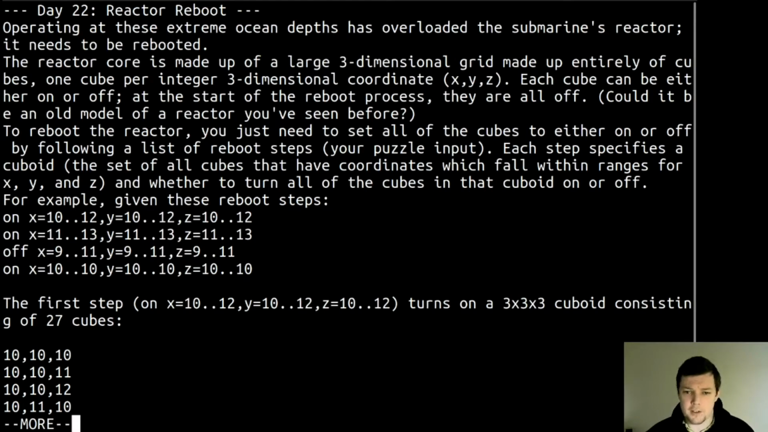To reboot the reactor, you just need to set all of the cubes to either on or off by following a list of reboot steps, your puzzle input. Each step specifies a cuboid, the set of all cubes that have coordinates which fall within ranges for x, y, and z, and whether to turn all of the cubes in that cuboid on or off. For example, given these reboot steps,